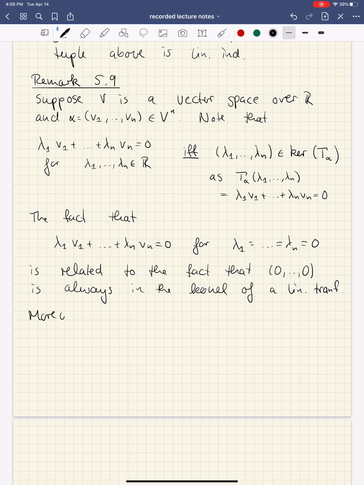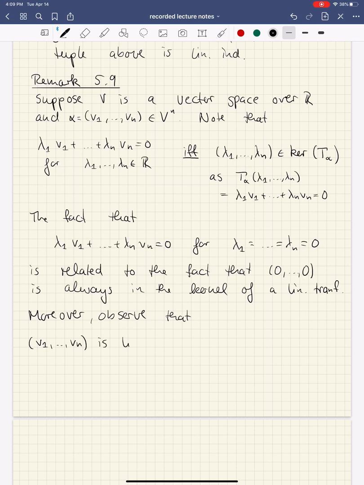Moreover, these are equivalences that we will use throughout. So observe that, well, this here